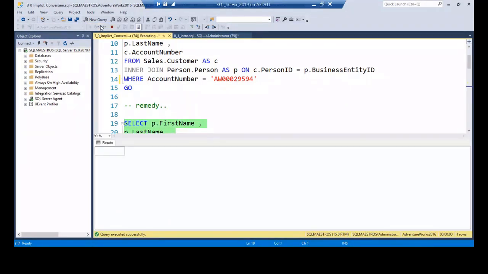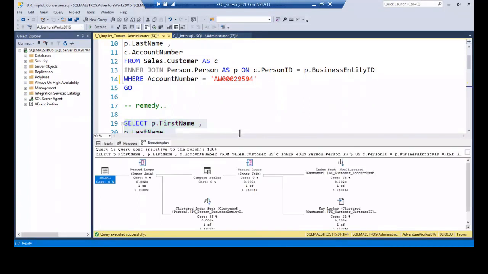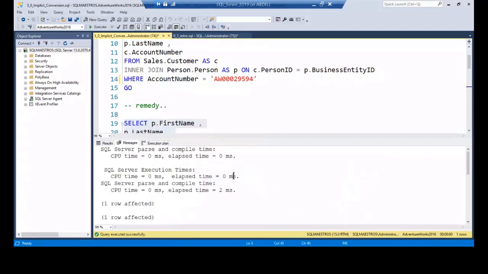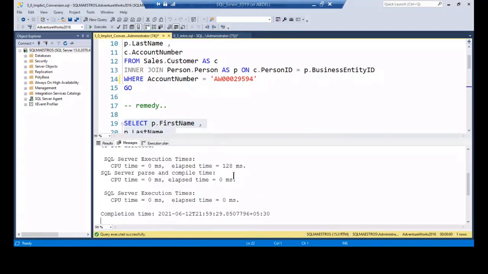If we execute this now and go into the execution plan, first thing, no warning; the select statement does not show any warning. Let's jump over to the messages tab now and scroll down, and wow, this is very interesting: 0 milliseconds. So the CPU cycles here for this,